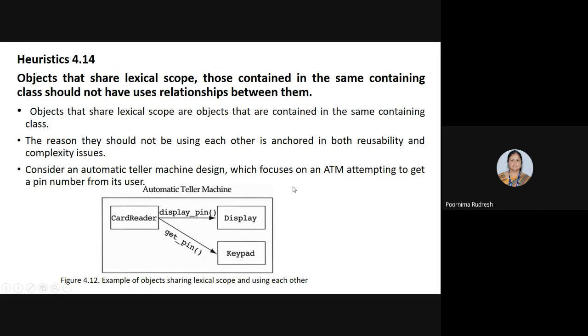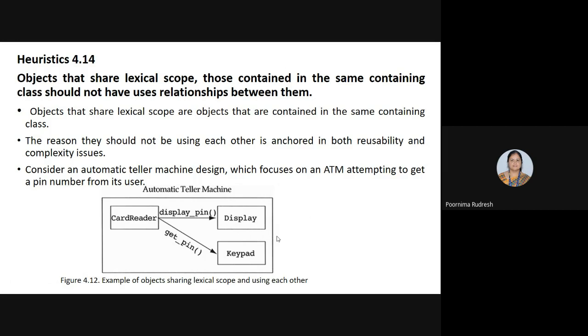So for that, what do we require? We require the display class. So the ATM asks the display class to display that information, enter the PIN number. That message has to be displayed on the screen, right? Once the message is displayed, then with the help of the keypad, the users enter the PIN number into the ATM system. Once the PIN is entered, the ATM verifies whether the correct PIN number is entered or not. If the correct PIN number is entered, then the next processing takes place. Otherwise, an error message will be displayed.